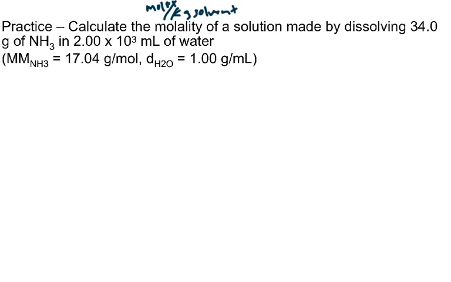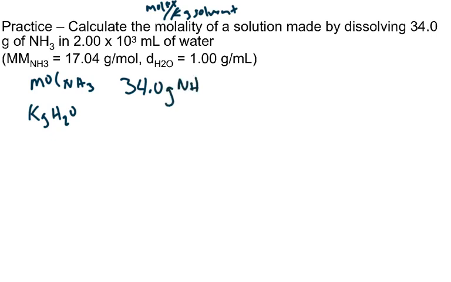So we want to know our moles of NH3, and we want to know our kilograms of H2O. So to find our moles, we're going to take our 34.0 grams NH3 times the fact that 1 mole of NH3 is 17.04 grams, and I get